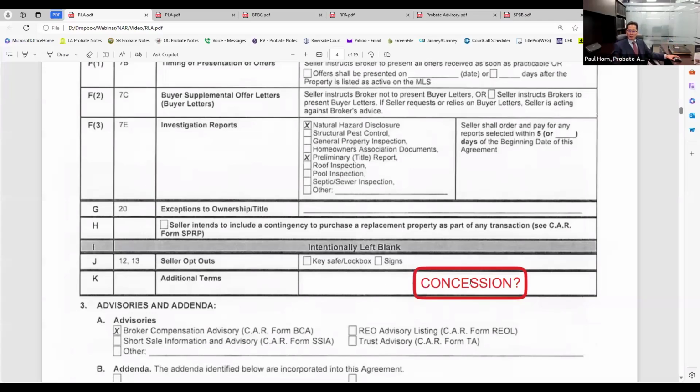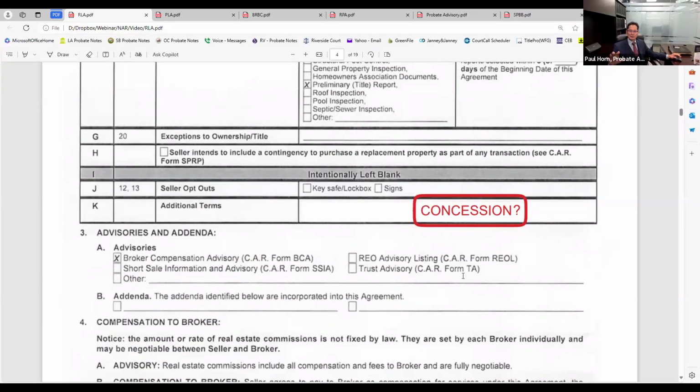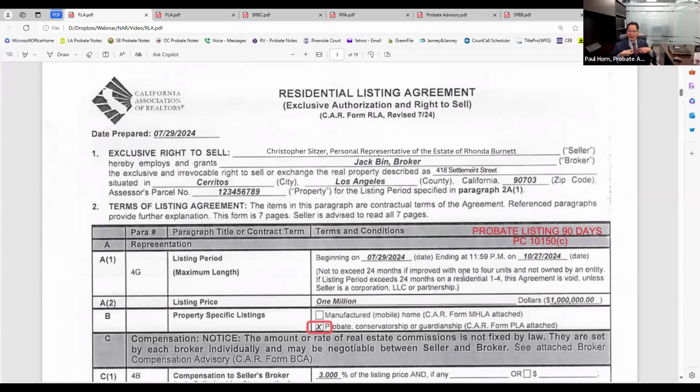Okay. All right. So that is kind of the gist of the RLA. Now that's, as a lawyer, my interpretation of it. You all belong to a brokerage. Go over with your broker how he or she wants to handle their operation.